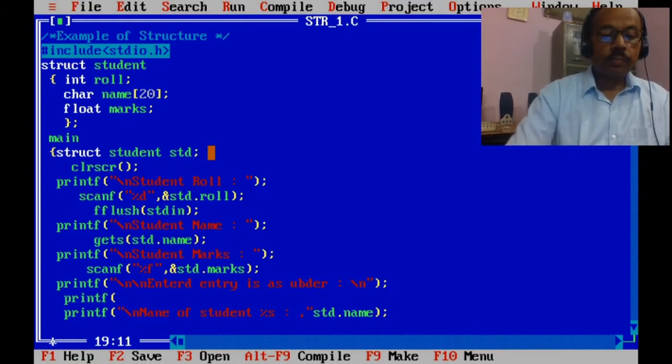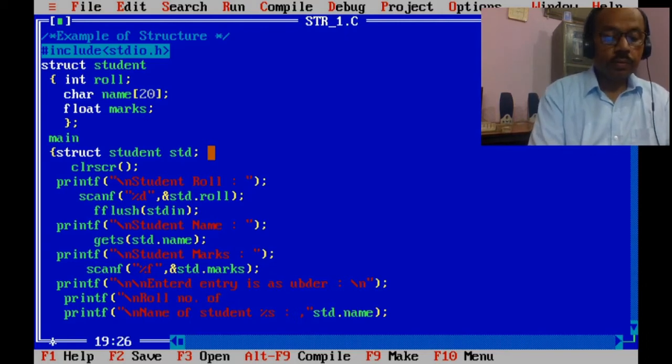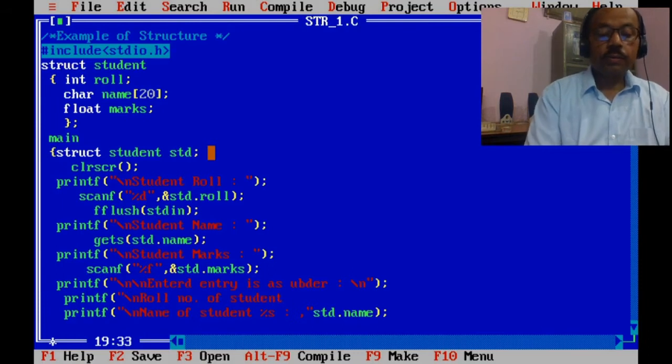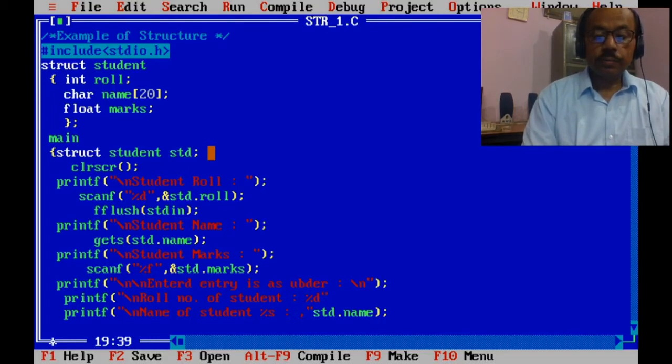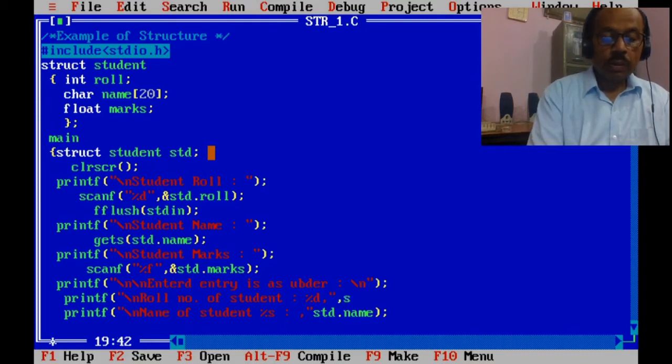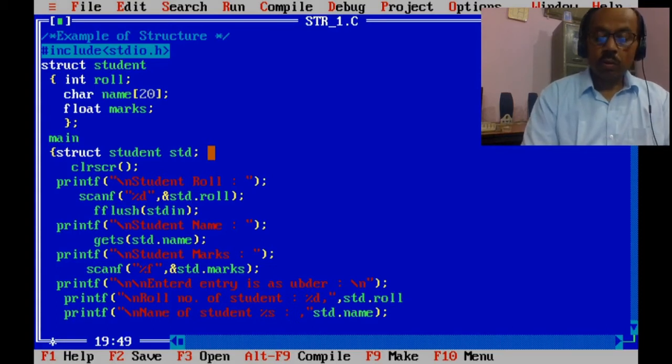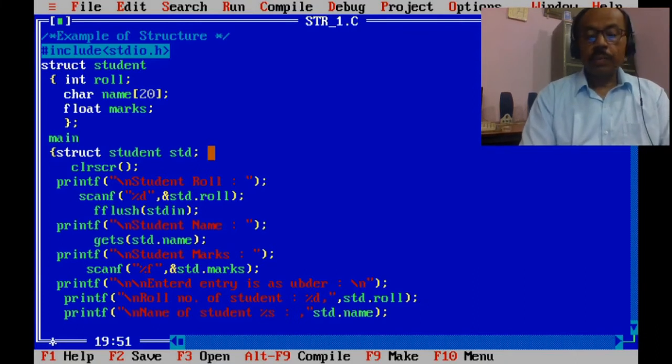printf \n roll number of a student %d, std.roll.